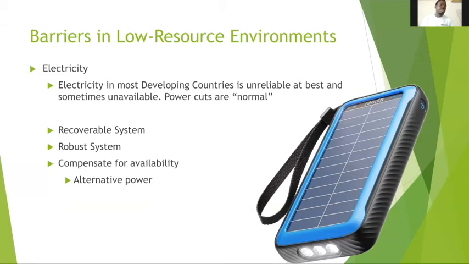And so if you build systems here, for developing countries and especially for rural areas, they must be systems that are able to recover. They must be systems that can easily be put on and put off without having to go through a whole shutdown process, because the power would definitely at a point go off. You can also think of compensating for the availability of grid power by using alternative power sources, especially solar power, because we have a lot of solar power.